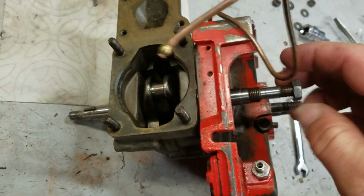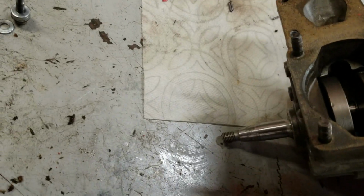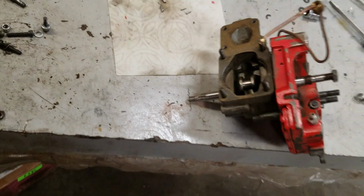Like I say, it's hard to see. Okay, there's still another needle floating in there. Come on, baby. By the time these get some oil on them, the fuel mix. Alright, that looks like everything. So from here,